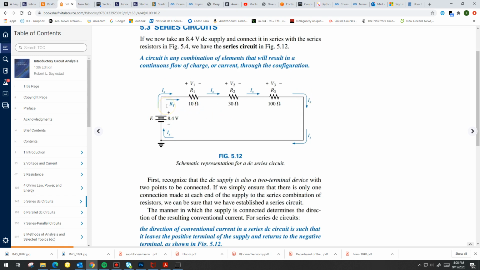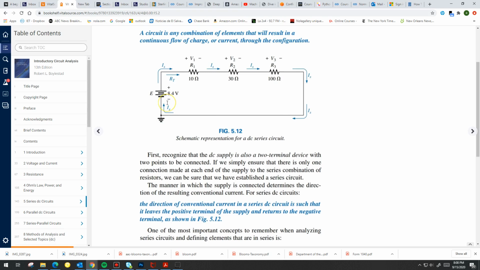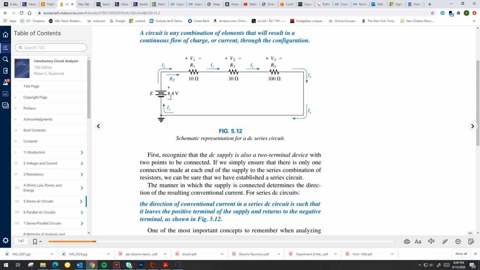And the current here is, again, conventional current flowing through each of the resistors, R1, R2, and R3. Going out of the source, through the resistors, back to the source, and so forth. And this DC supply, this battery, whatever it may be, is also a two-terminal device with 2 points connected. Again, remember that polarity is really critical when you look at batteries. So you have to be aware what the polarity is and how the connections are to the polarities in the